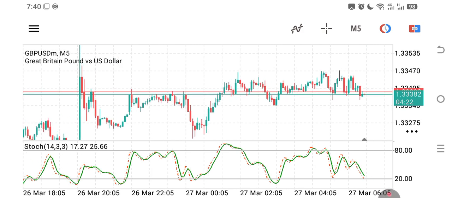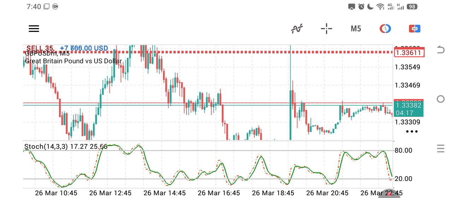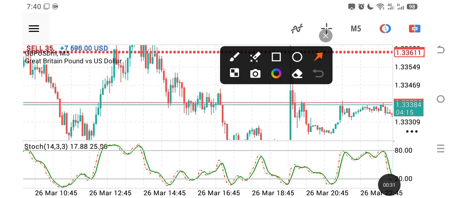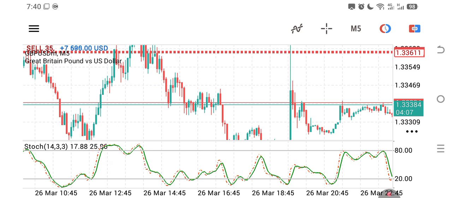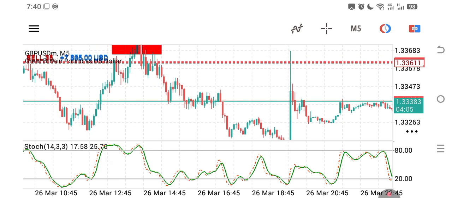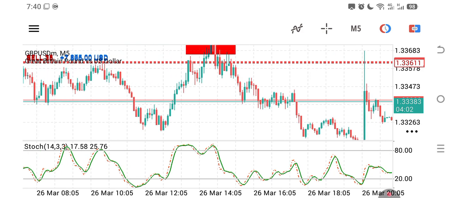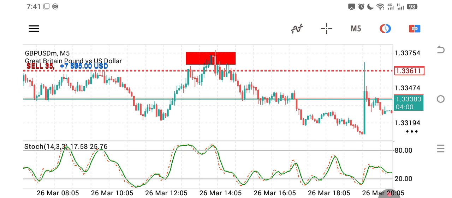This is a sniper entry that I got using this particular indicator and the market structure. So if you have been watching my video, you know that I don't use only indicator, I combine it with market structure. So in this video, I'm going to show you how I got this entry and how you can get this perfect entry in your trades and win more trades than the ones you lose, and also make more